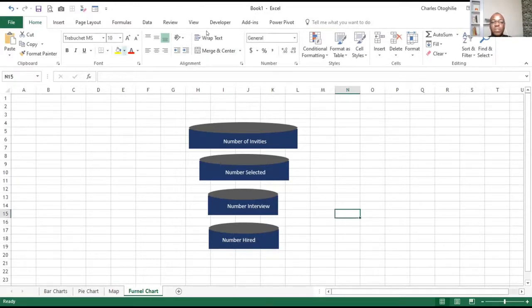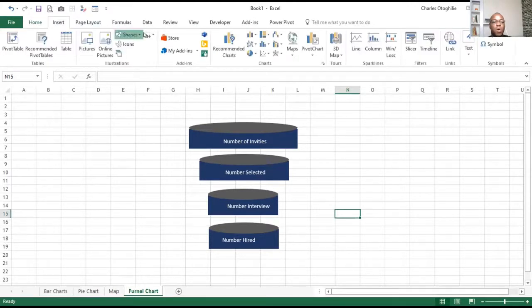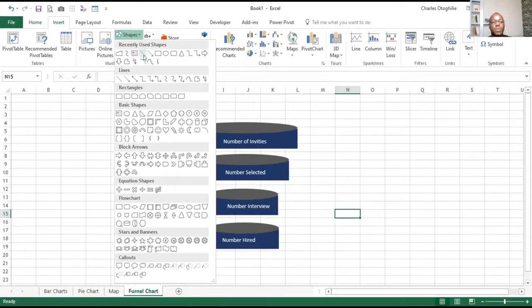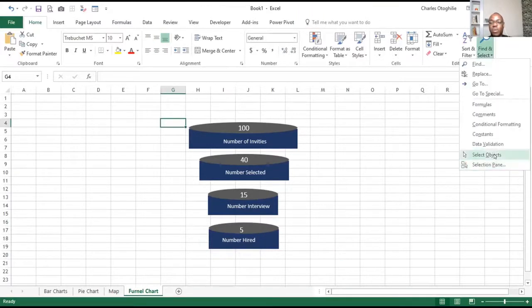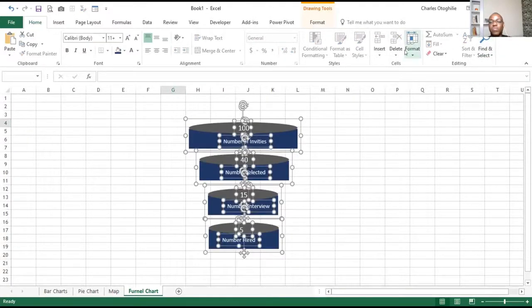And so how do you now put in those your numbers? You already know, because I have told you that you can always use objects, or you can use text box to get that in. So I get 100 persons in here. Let me just put it like this, put it white. Most of the time it could be in percentage. And then we got about 40 of them selected, and Control D comes here. Of the 40, I'm now bringing in 15, and then of this 15, I'm going to hire 5, something like that. You see that? So if I use my select shape objects, select all of this, and then group them,